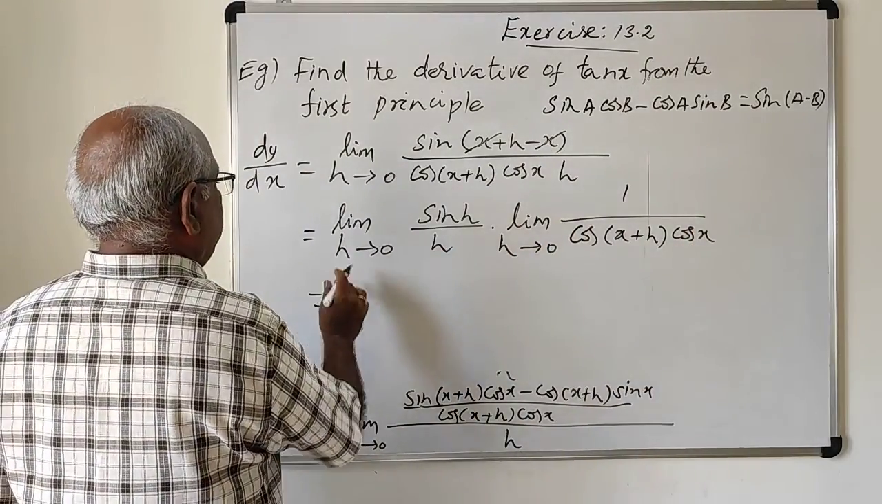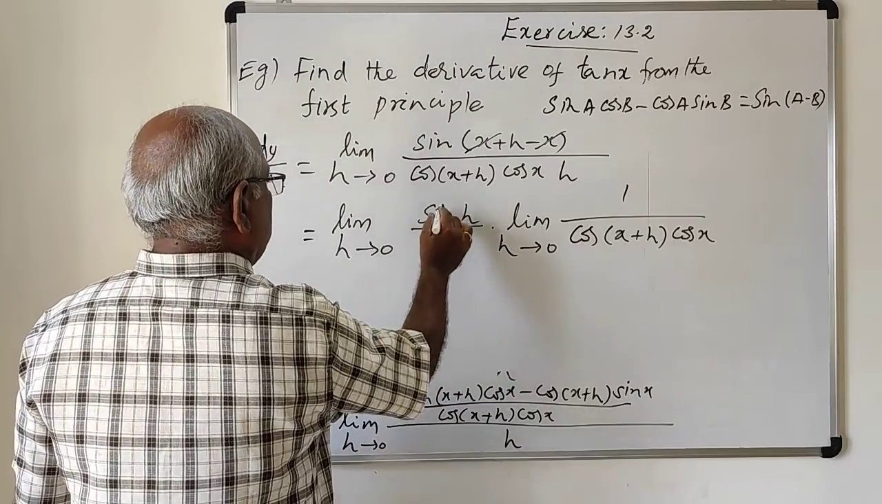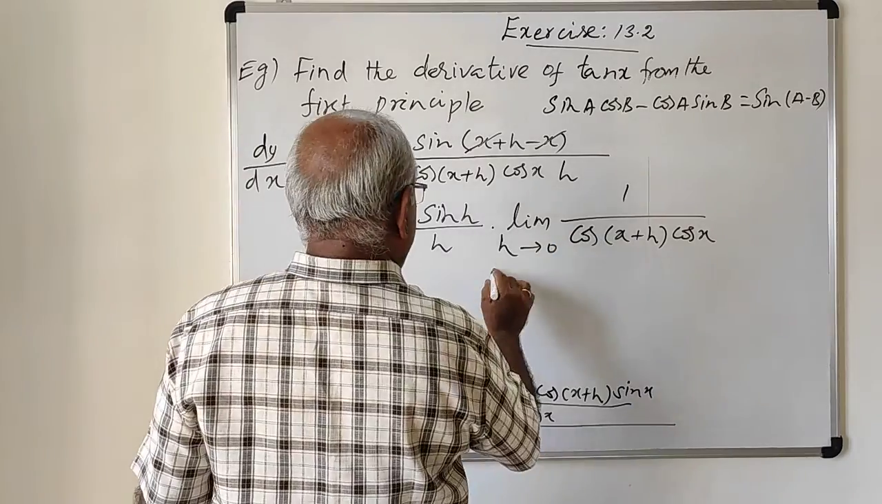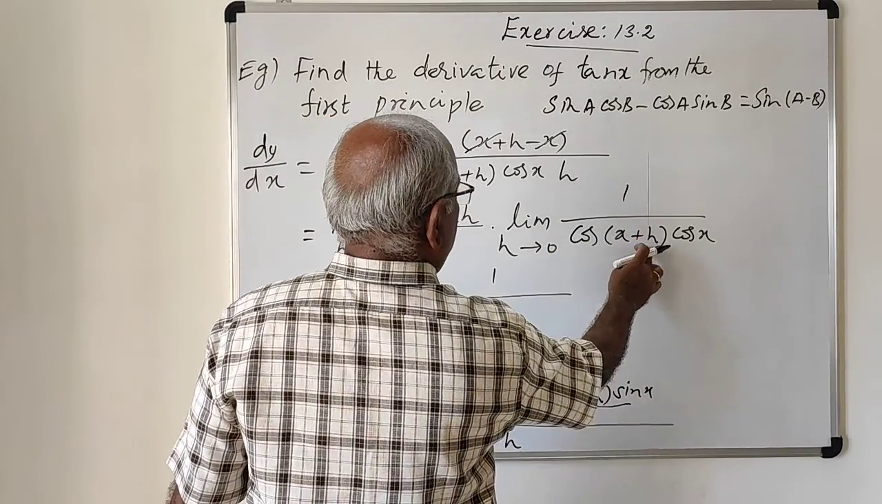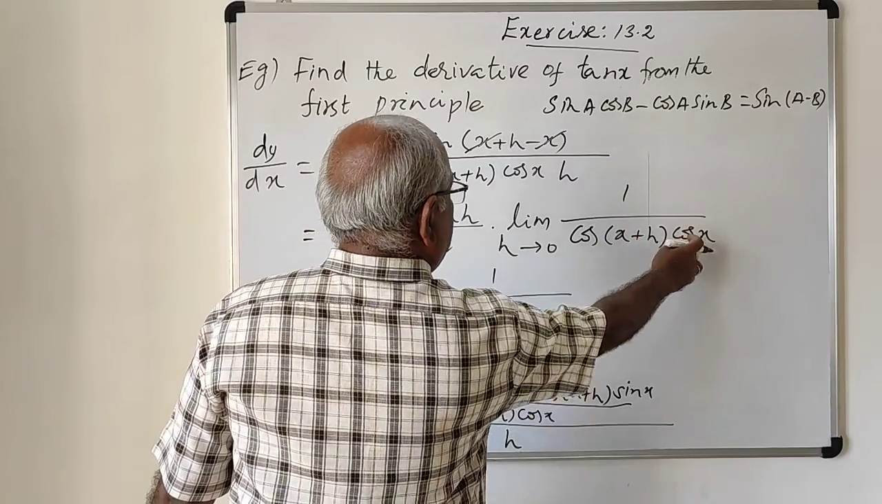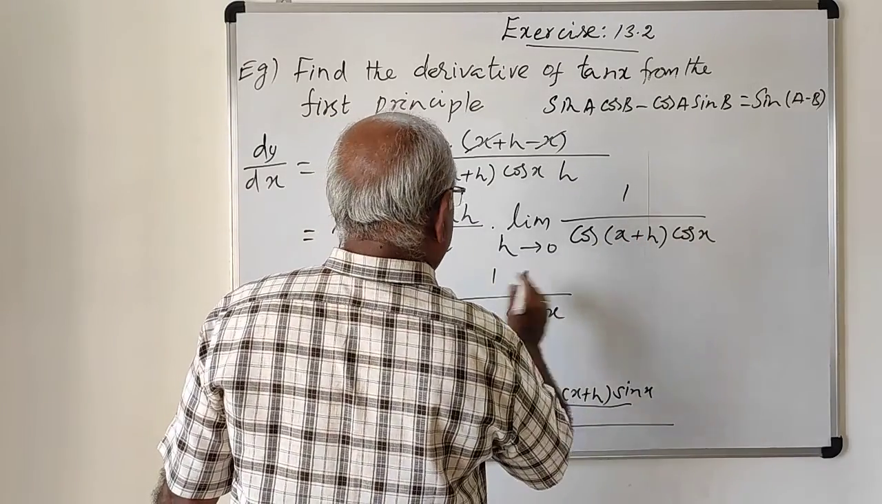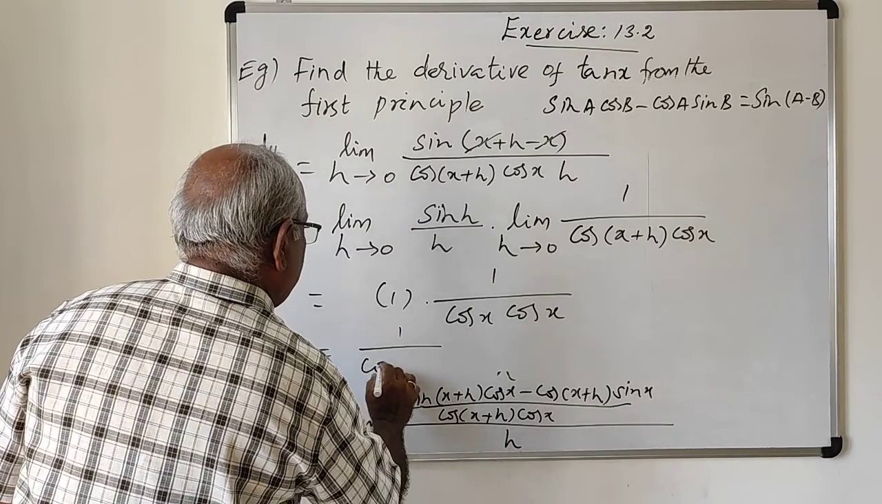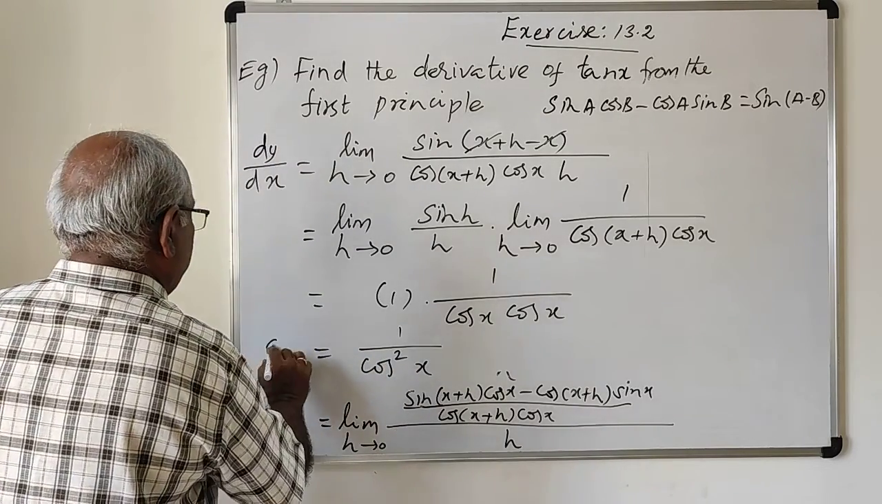Now apply the limit. Limit h tends to 0 of sin h by h is 1, you know. This is 1. And the limit h tends to 0 of 1 by cos(x+h) into cos x: since h is 0, you get cos x into again cos x. Therefore, this is 1 by cos square x. So dy by dx is,